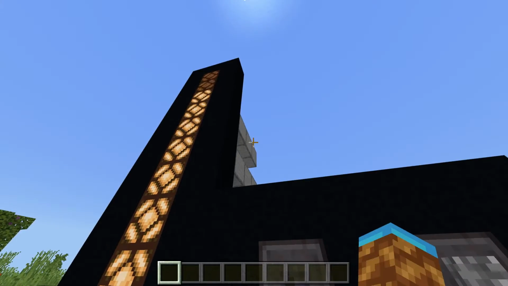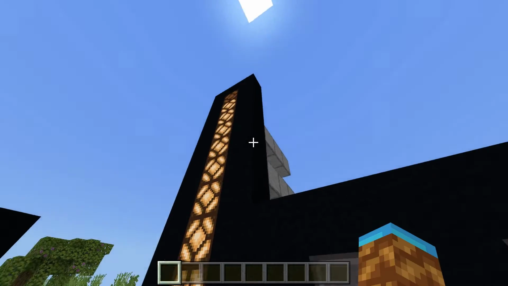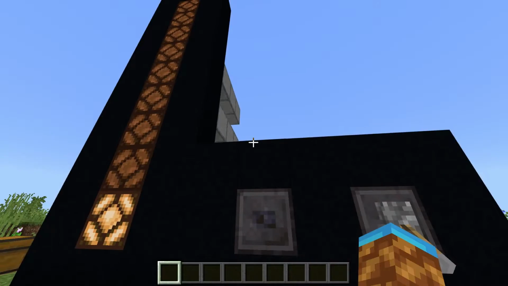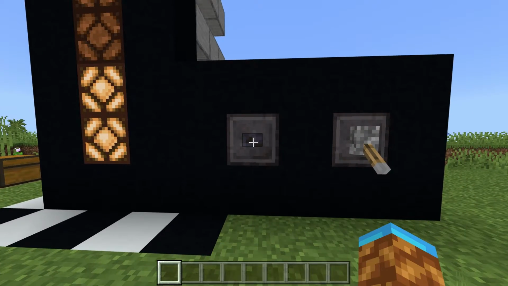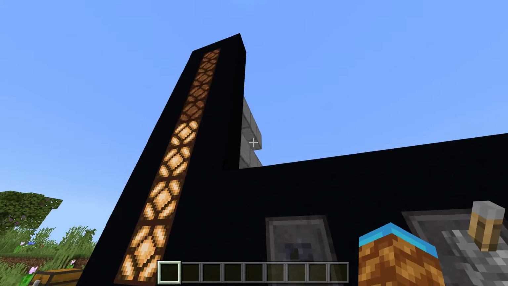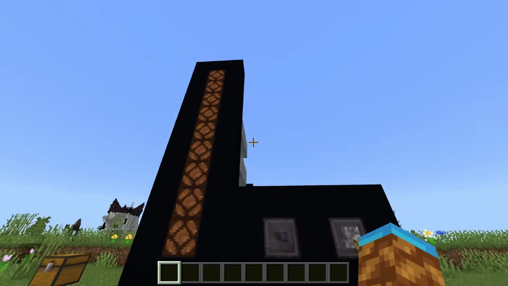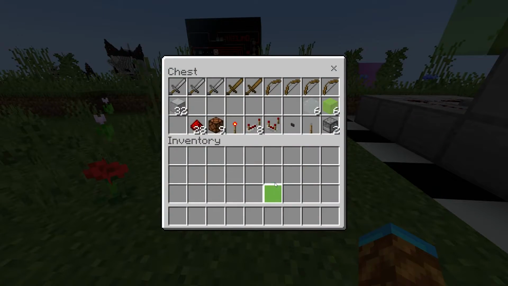Every time you press the button, 1 light will turn on, and whenever you flick the lever, it will start to drain. If you flick the lever before it's totally done, it will stop draining in the middle, and you can start draining at any time. It's super nice, super reliable. I like it. It's super cheap to build, so to build this thing, you will need 9 non-stackable items of